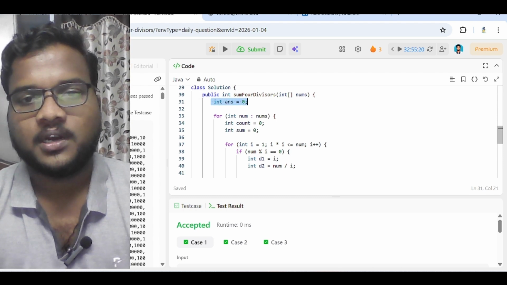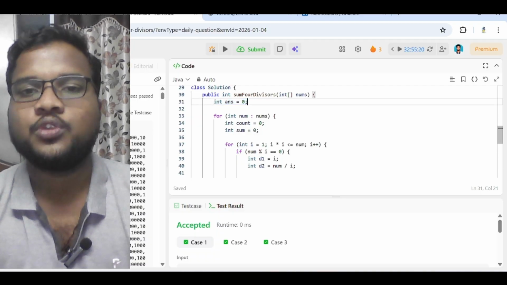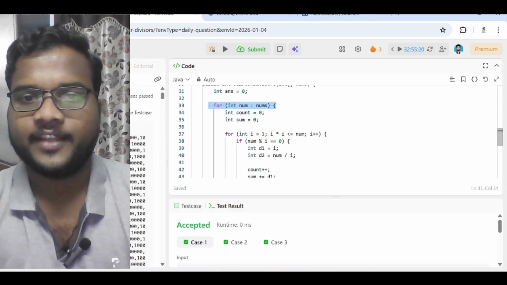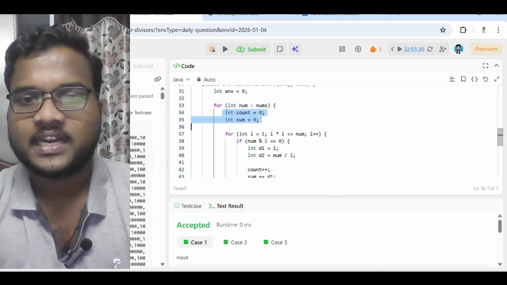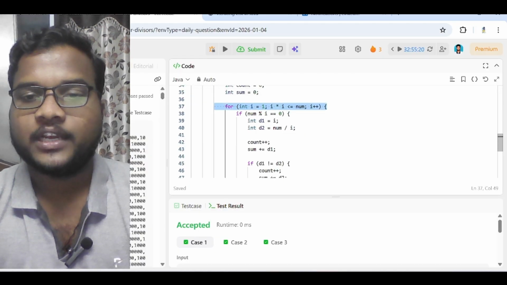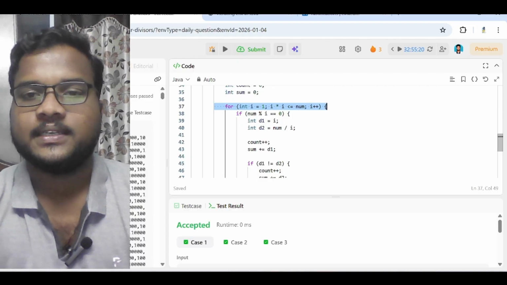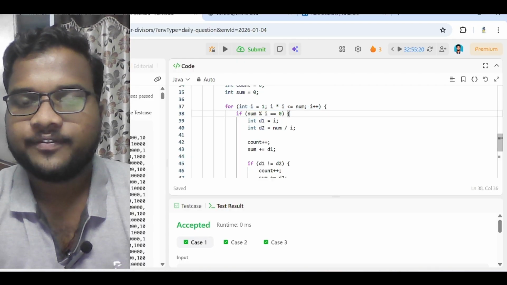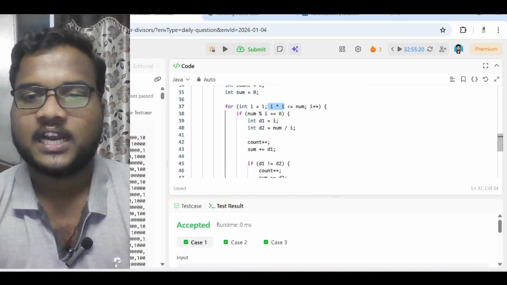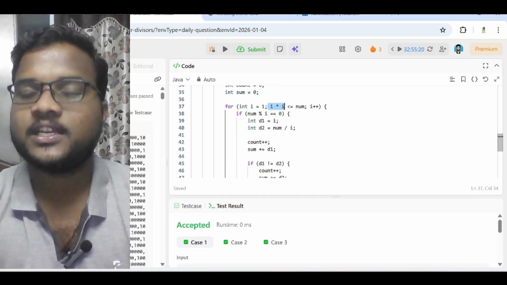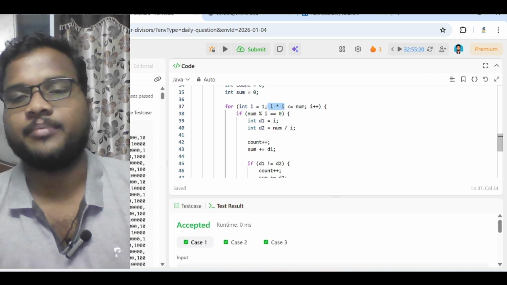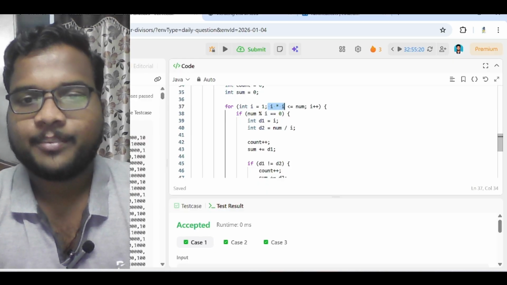As in brute force, we declared one variable to hold the final answer, starting the first for loop which iterates the array and declaring the count and the sum. Okay. So another inner loop to iterate the divisors. See, here we are checking for the square root. I star I means I square less than or equal to num, so I is less than or equal to the square root of num. Absolutely, it will give half of the number. Okay. If num modulo I is equal to 0,